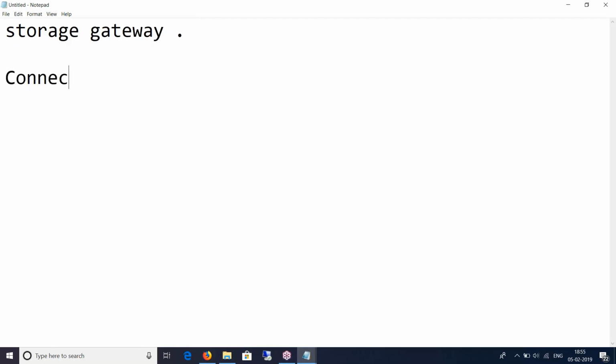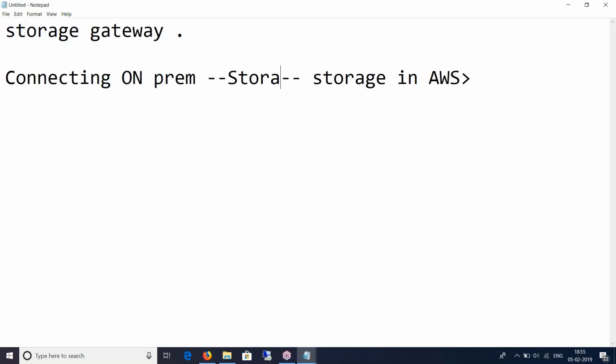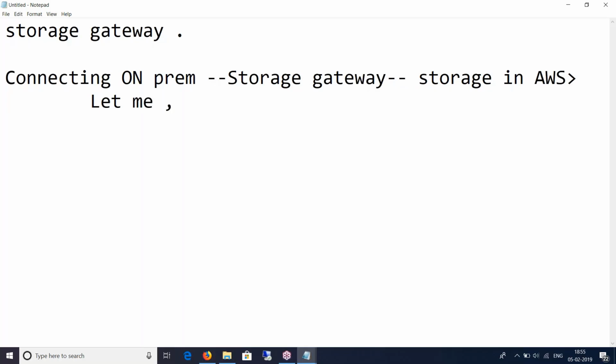So we just said that if we are connecting on-prem with the storage in AWS, what I need is a storage gateway. And this storage gateway will let me transact data securely between on-premise and the cloud. So you can seamlessly integrate your on-premise IT environments with AWS storage infrastructure.